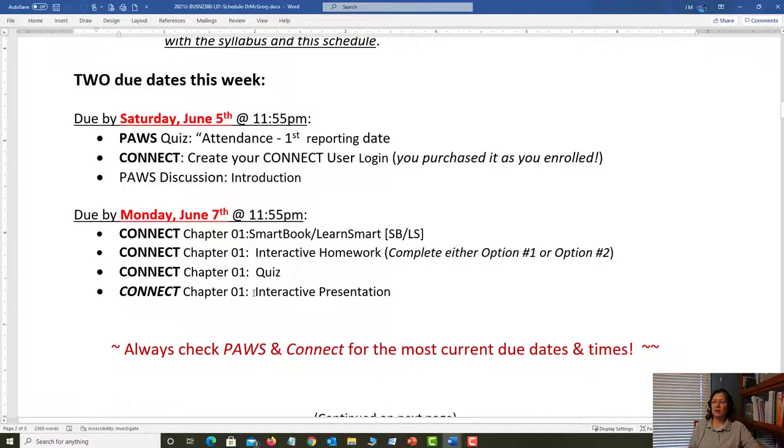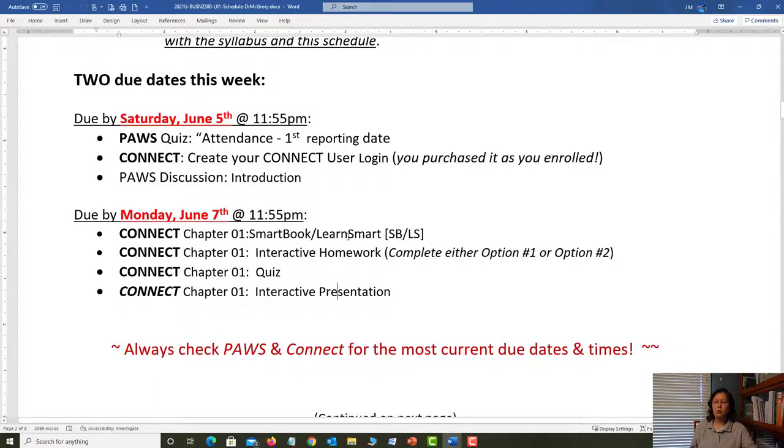The last assignment here is an interactive presentation. They can be short video clips, for example. They might be drag and drop portions. They might be some multiple choice questions, but you go through this interactive presentation and it has what they call parts. So you'll see kind of a little flow chart. Again, I'll show you this. And you'll go through each part and you'll complete each part, and it just further engages you in the content of the chapter. So each one of these assignments tends to approach the content in a slightly different way.